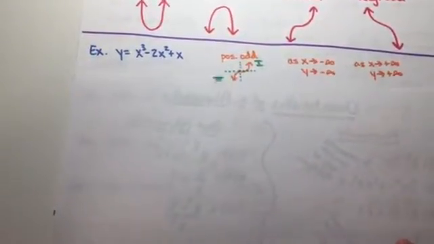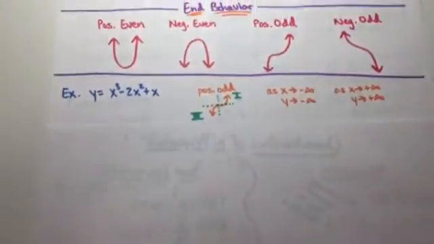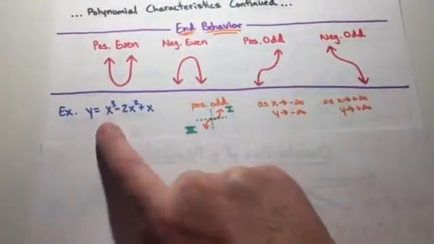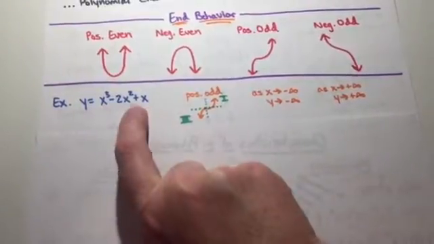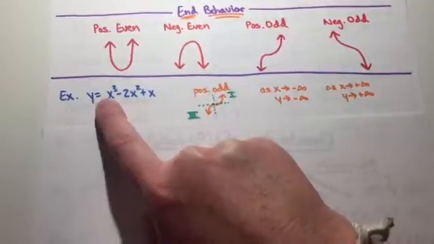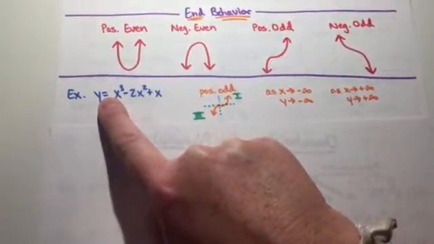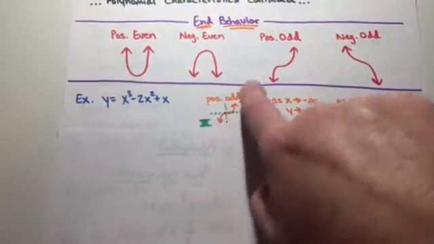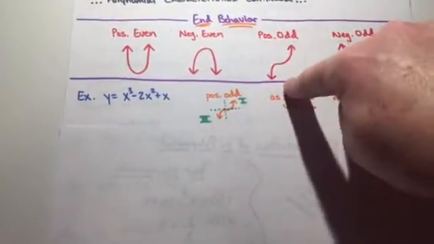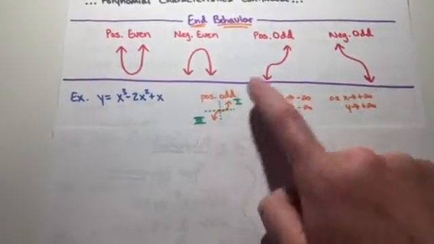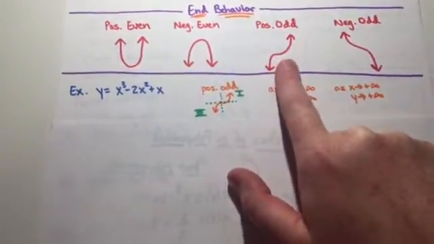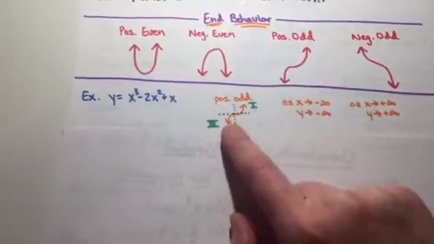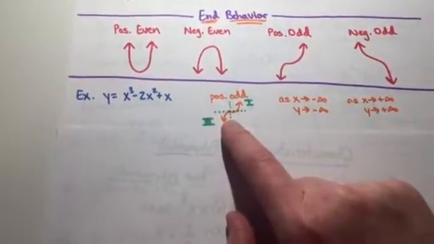All right, so let's look at these examples here. In this first example, I put x cubed minus 2x squared plus x. So this very first term, it's in standard form already, is odd just by looking at the degree of 3. And it's positive because there's no negative in front of it, just this first term. So that means it's positive and it's odd, so it's going to follow the behavior of this graph. It doesn't mean the graph looks the same, it just will always follow that same behavior is what we need to remember.